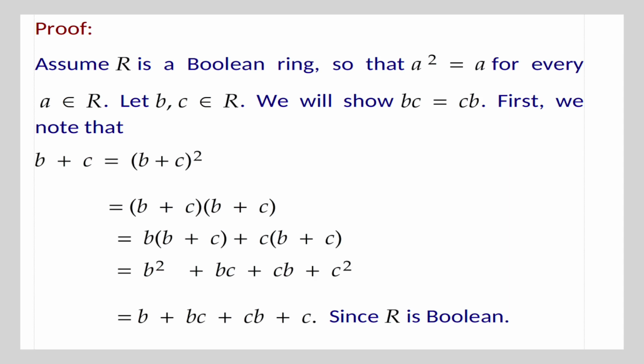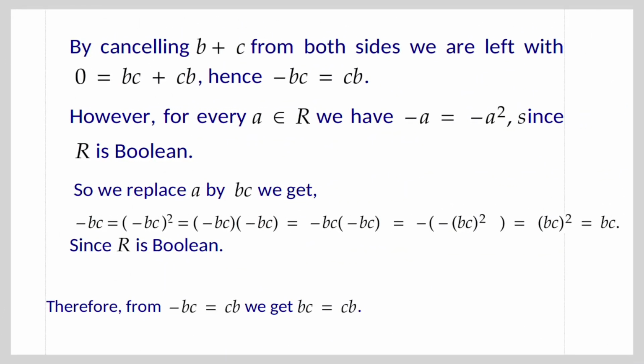First, we note that b plus c equal to (b plus c) the whole squared, that is equal to (b plus c) into (b plus c), that is equal to b into (b plus c) plus c into (b plus c), that is equal to b squared plus bc plus cb plus c squared, that is equal to b plus bc plus cb plus c, since R is Boolean. By cancelling b plus c from both sides, we are left with 0 equal to bc plus cb, hence minus